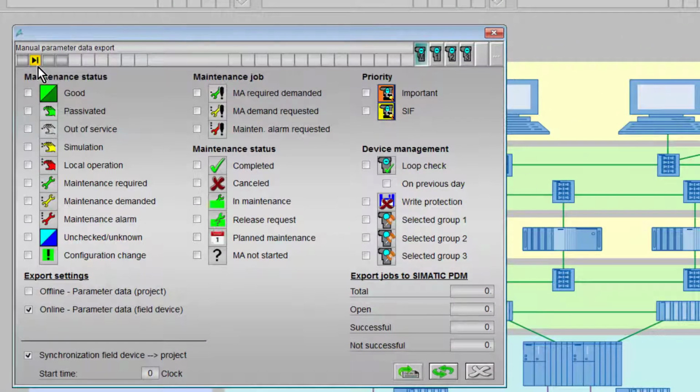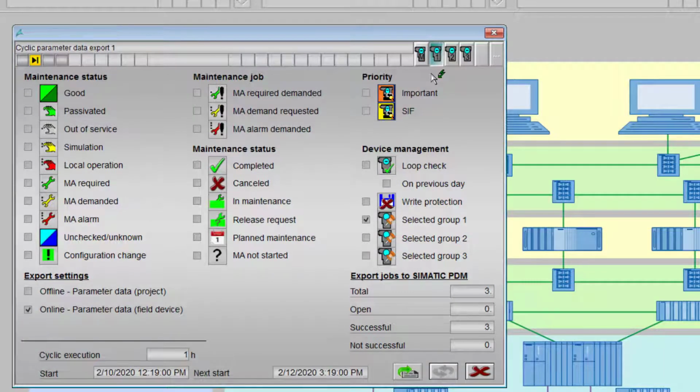you can see here I've got one already started. So it's this cycle here, cycle 1, which is the folder it creates, which I've already mentioned. And what you'll do is set your start time and click group 1 and select that only. Don't select any of the other options. And then this button's grayed out at the moment, but you'll click on this and then you'll see your start